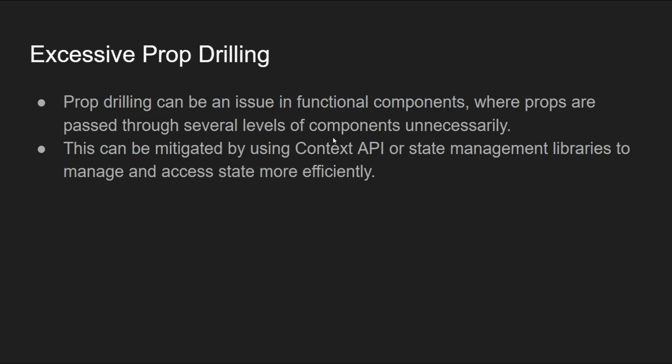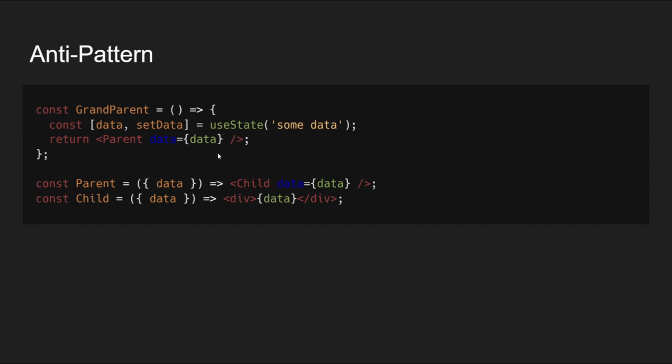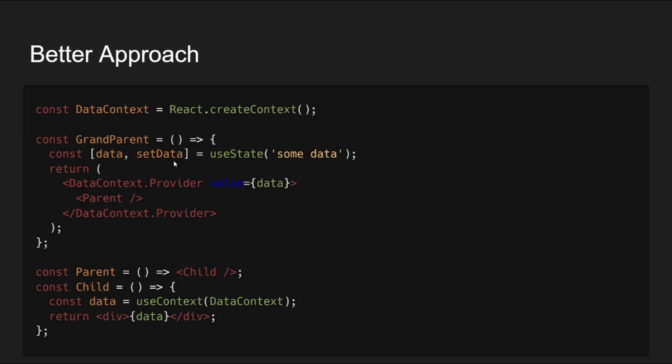external third-party packages like Redux or Zustand have been created, and the Context API was also created for this exact thing. So for the code example, we are passing data from the grandparent component to the parent component, and then from the parent component to the child component. The better approach is to simply encapsulate our parent in the context provider and then provide the data as a value, so that both parent and child will be able to access the same data which is being stored by